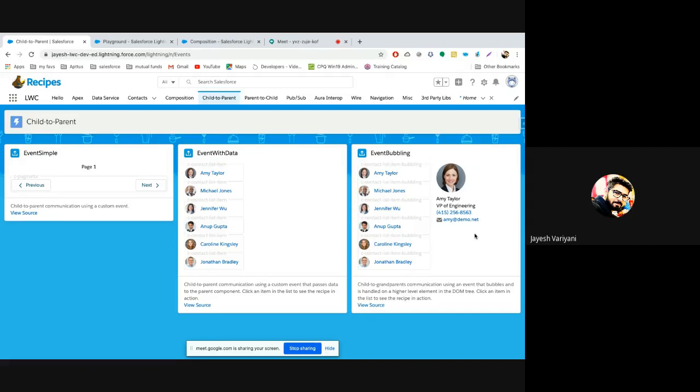If event bubbling also had one parent, that can also handle the same event by calling that on handle select, and it can call its own method. That will be possible without making any change in the child component.